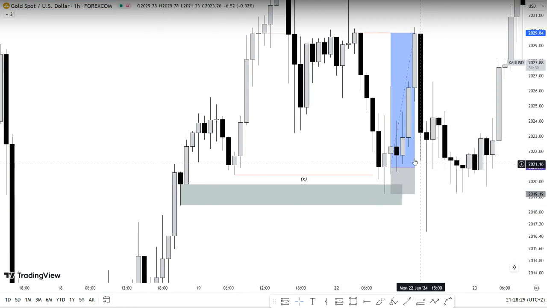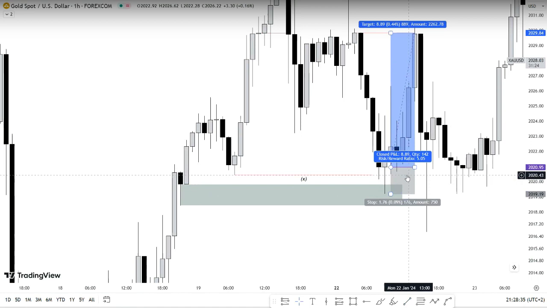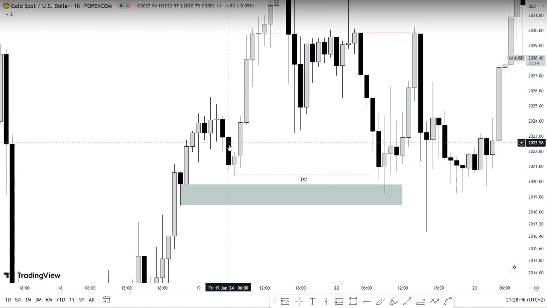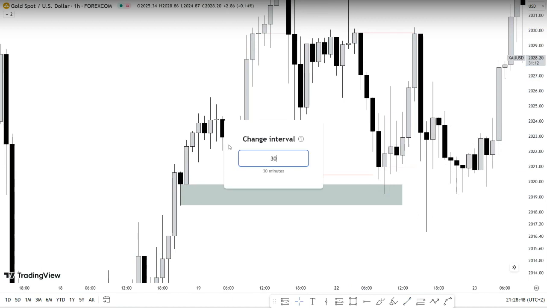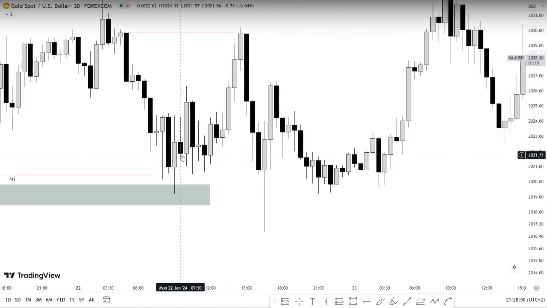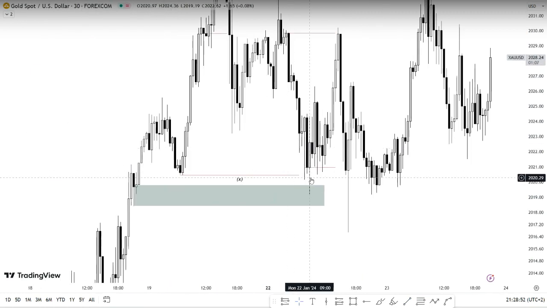Fine. This is the first setup that we saw on the 1 hour, right? Let's say someone wanted to be conservative. A 17 pip stop loss on gold, bro. Like, that's enough. You should be happy with that. So fine, let's go to the 30 minute. I don't think I ever looked for a setup on the 30 minute. Even on the 30 minute, you can see